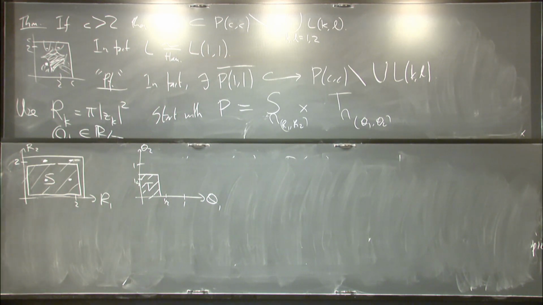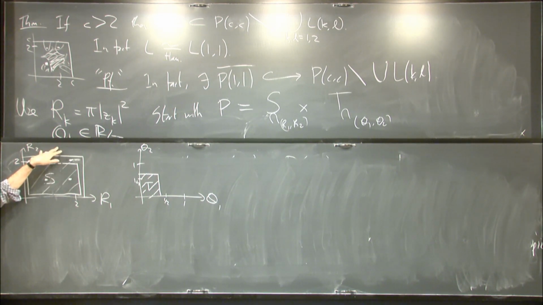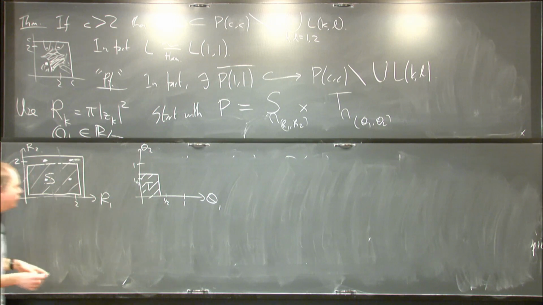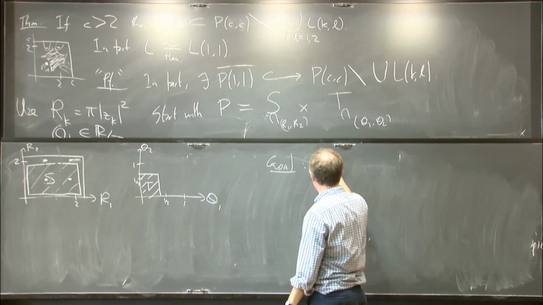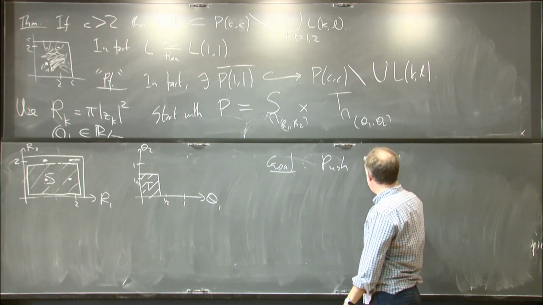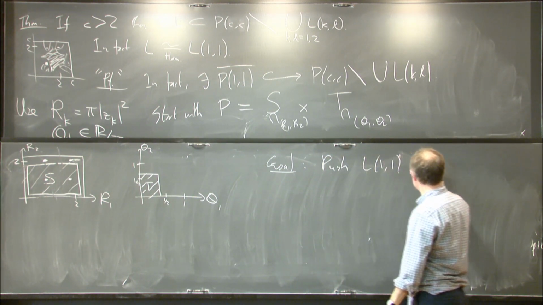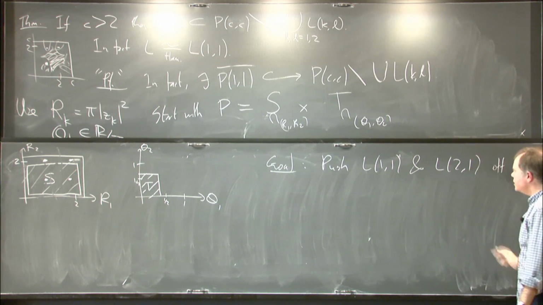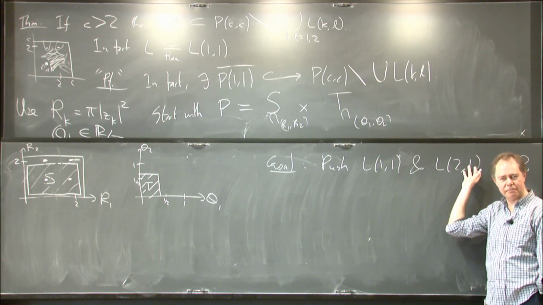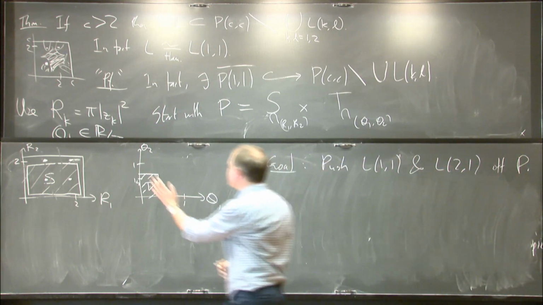Okay. So the goal, well, that's the first guess, and then the game is to push this P, or equivalently push these two Lagrangians off the set. Then I'm done. So the goal is to push L11 and L21 off P. This is equivalent to moving P off the Lagrangians. And I want to do this